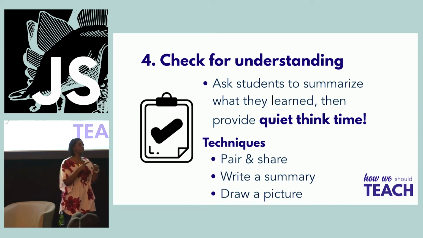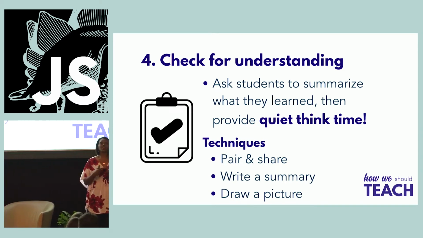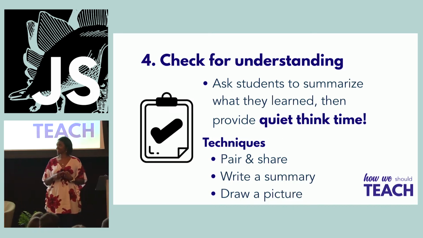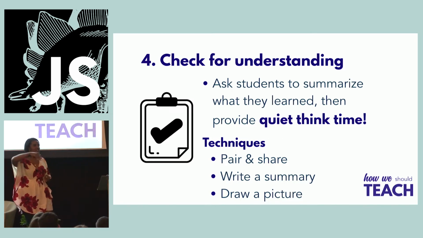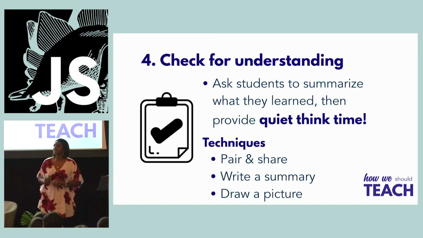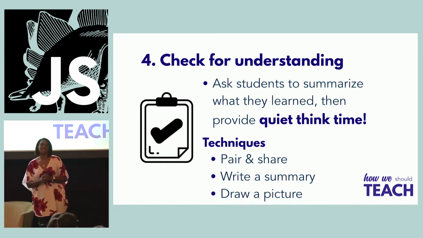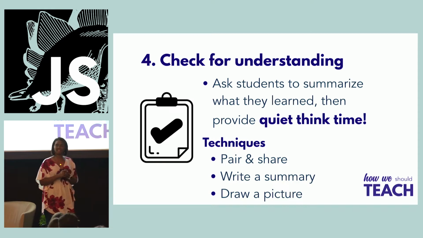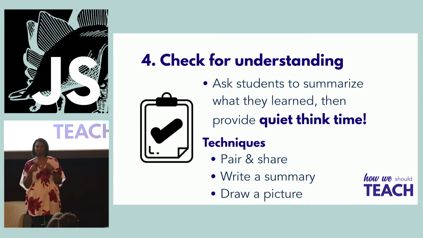So now they have a peer. And now they know, oh, the peer didn't get it either. And if I am still in the room, I'll walk through the aisles and listen. Nine times out of 10, they're confused on the same thing. And guess what that means to me? I have to reteach. I didn't explain something well enough that a large percentage of the class didn't get. Okay?